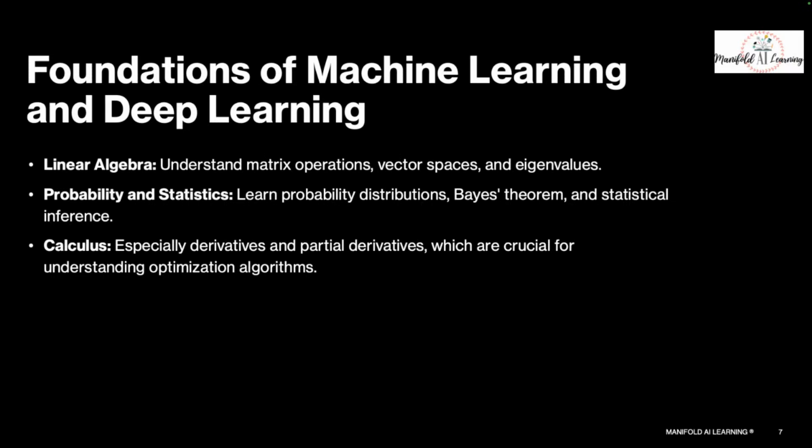And coming to concepts such as probability and statistics, whatever output is being generated, even if I take the example of generative AI, in the back end it is determining which word it has to print based on probability scores. Now, to get the intuition behind these probability scores, you need to have a strong foundation of probability and statistics. You need to have knowledge of probability distributions, Bayes theorem, and statistical inference.